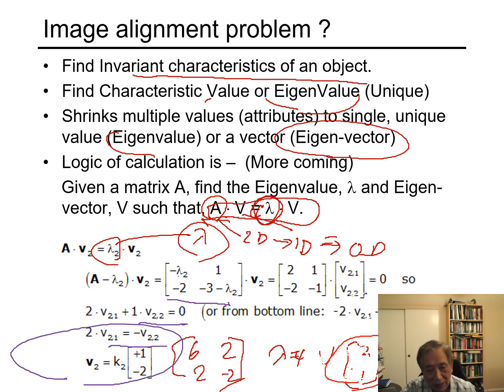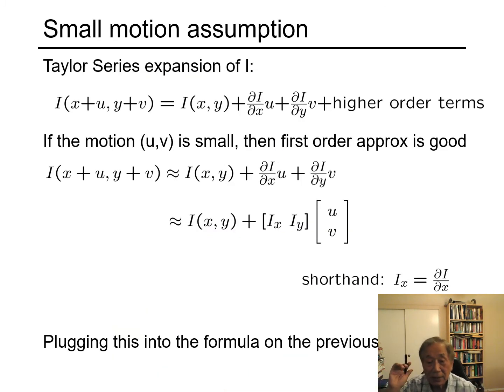We'll do this exercise of deriving eigenvalue and eigenvector. If it's more than 3 by 3, it's going to be too complicated. So I just want to give you some idea. Again, there will be practically no chance for you to actually derive this eigenvalue or eigenvector, but just to know that